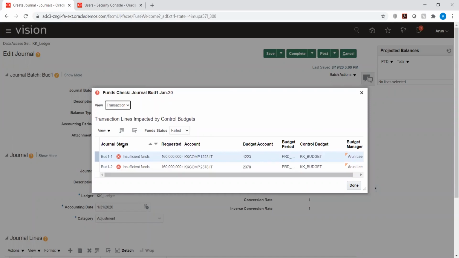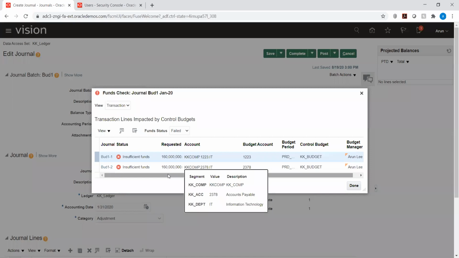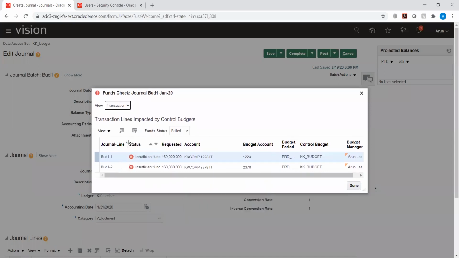So basically the issue is that I have kept it on the wrong side of the account, so that is why it has increased by itself. Yeah, so if we see here, since we have selected